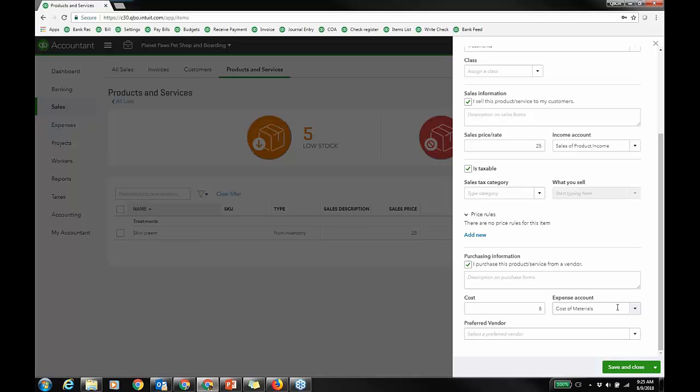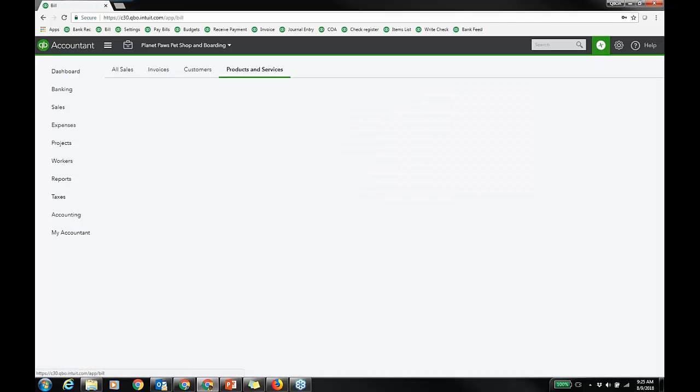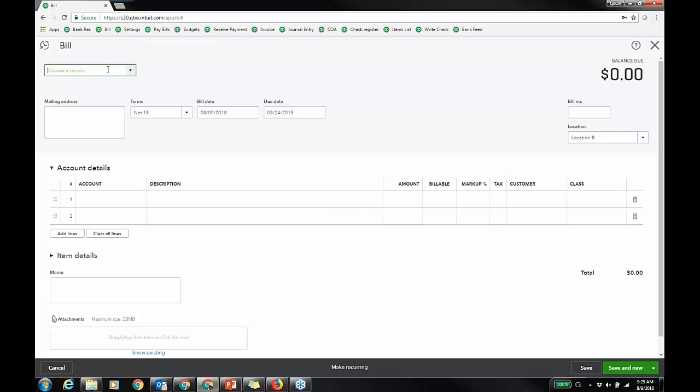They might just be purchasing stuff and reselling it, so that's non-inventory. It's not actually inventory you're keeping. So just know that QBO Plus supports two-sided items. That's what I mean. And so when I go to, say, a bill, and I'm buying